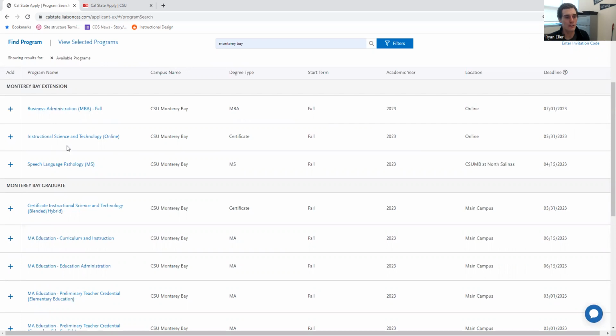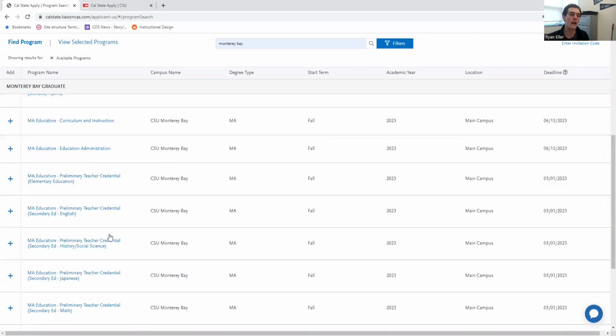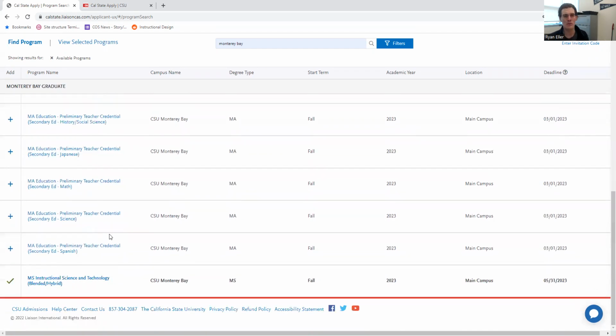So you'll see a few different links here that are all going to end up really in the same spot for us. The Instructional Science and Technology online program has its certificate open. You can click the plus button to do that application. You can do the certificate program for the blended hybrid option by clicking that, or, and this is probably the best option regardless of if you're somebody who's applying to the fully online program or the blended program,